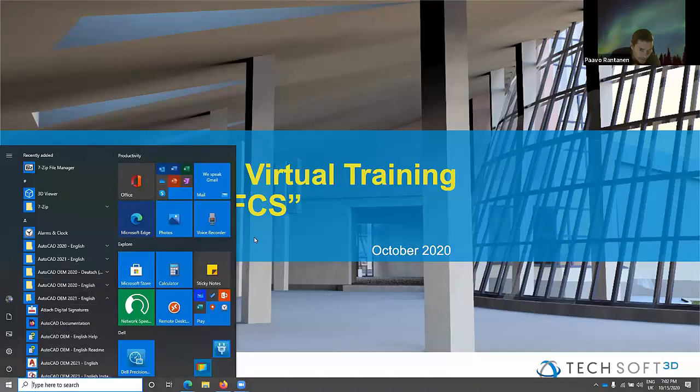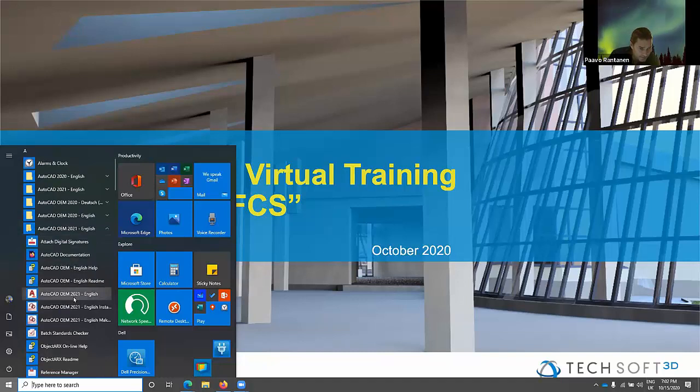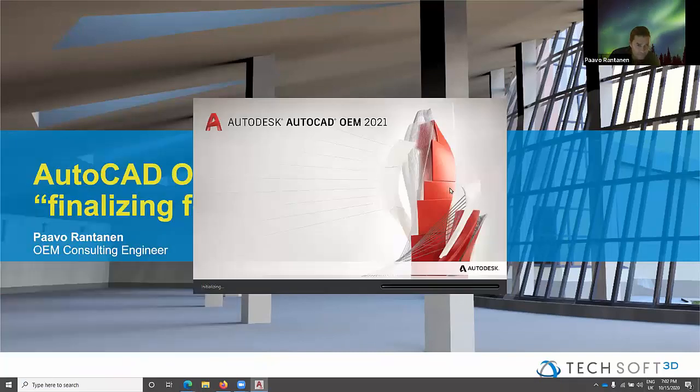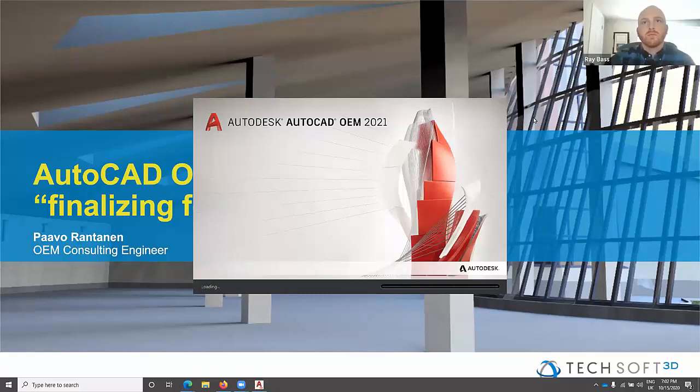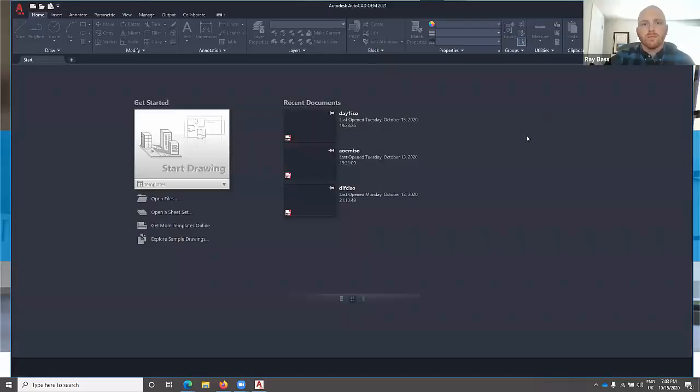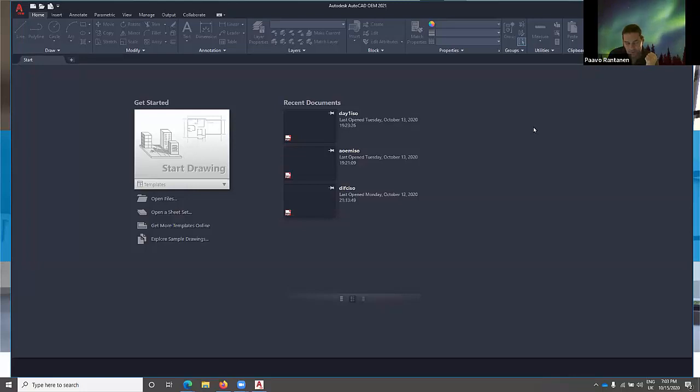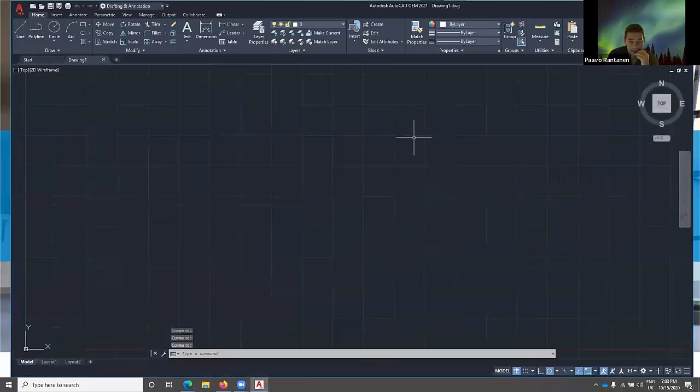So if I run, let's run the relaxed version of AutoCAD. So the question was, if I have a partially loaded file, where do I have to put my resources in? And I said that you can